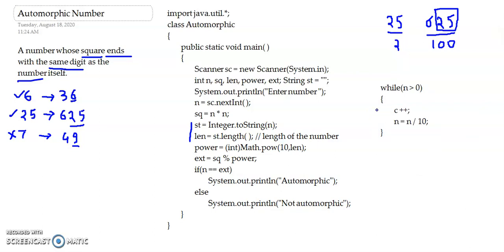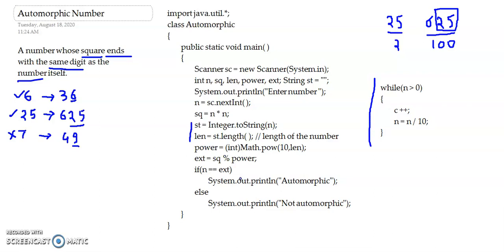This part is for here, but as your number is reducing by a factor of 10 while you are counting the number of digits, before entering the loop you have to make a copy of the original number, because this number is needed again in the comparison. When you use string functions and convert the number to a string, you don't need to copy the number. You simply convert it into a string, calculate the length, extract the same number of digits from the square number and compare.